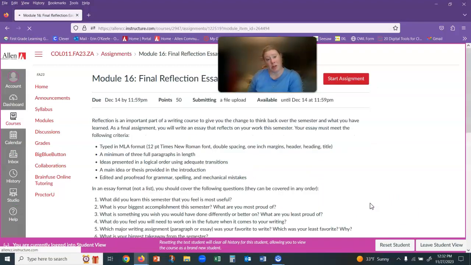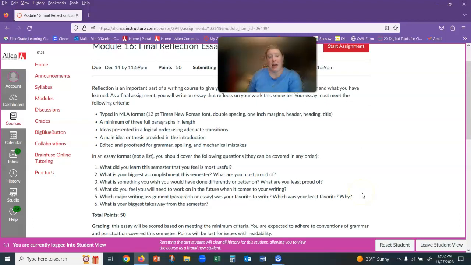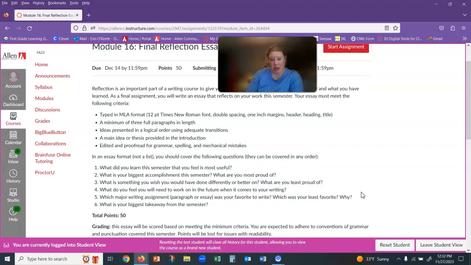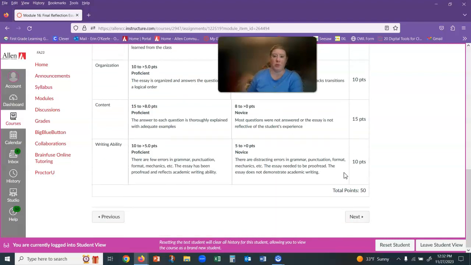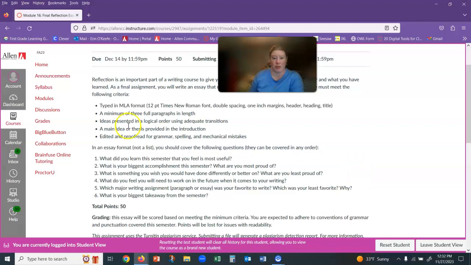But that quiz will be something that you need to take, and then you have a final reflection essay here. It is solely to reflect on the semester. It needs to be at least 3 full paragraphs, so typically about a page, maybe a page and a half. As long as you get everything written and you answer all the questions, and it's legible, so there are no major issues with grammar so that I can't read it, you'll get your full credit for this. I have a grading rubric down here, but I typically only use it if there's something really wrong with it and I just can't read what the student has written.